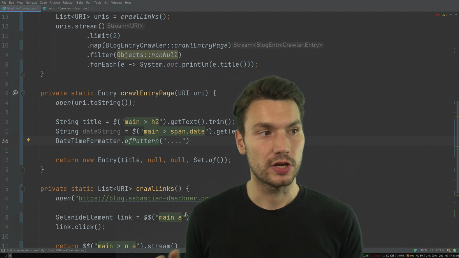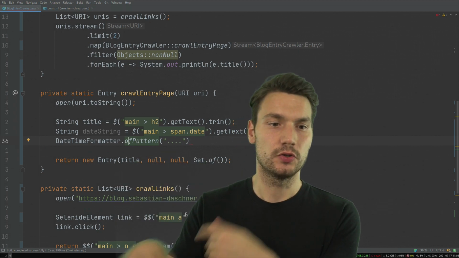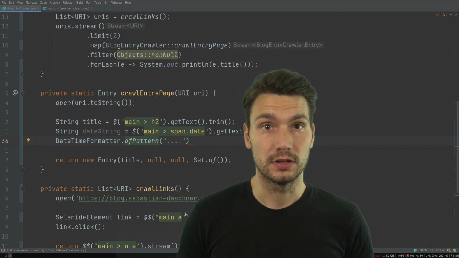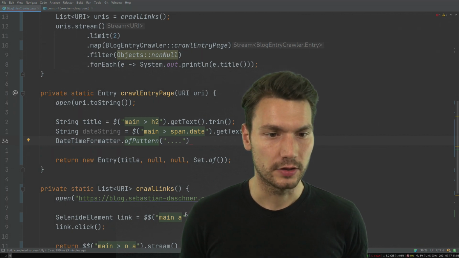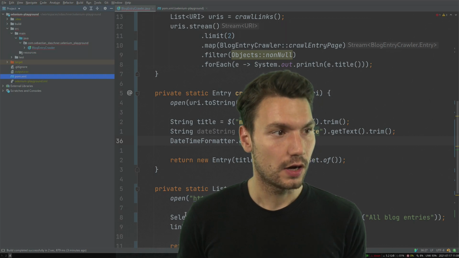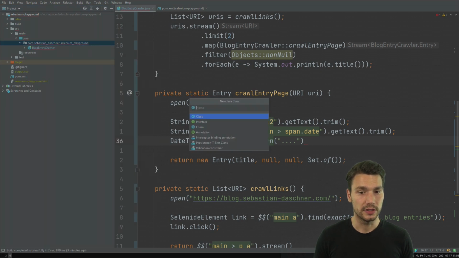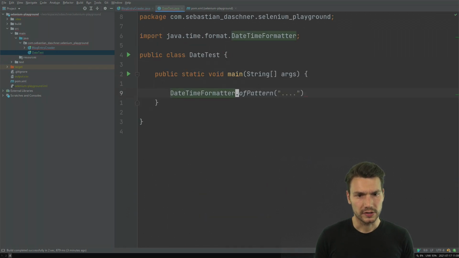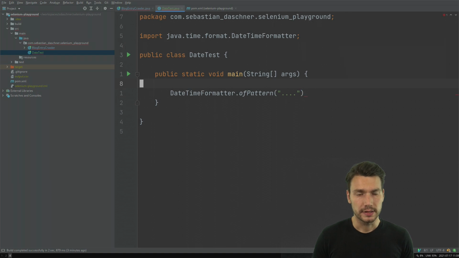What I do in these cases generally, if I'm not quite sure how it will work, then instead of always trying it out and loading the pages anew, I just write either a simple JUnit test or another simple class with some main method just to try out, okay, what is actually the right way to do this. I will just do this here as well now just to show you. And usually I use some JUnit example. Now I actually didn't even include it. But it doesn't matter. I can just have a main class and say, well, how does this work? So if I have a string similar to this without opening up the website 10 times,